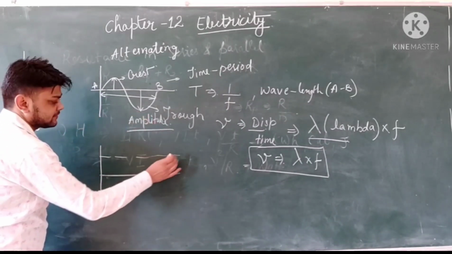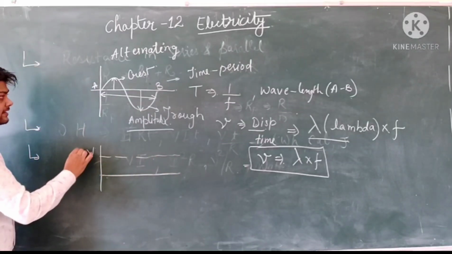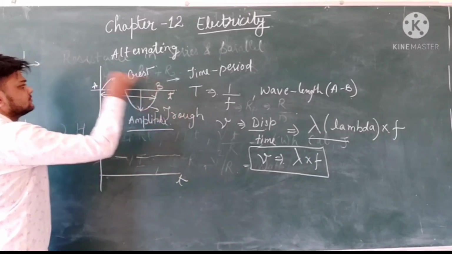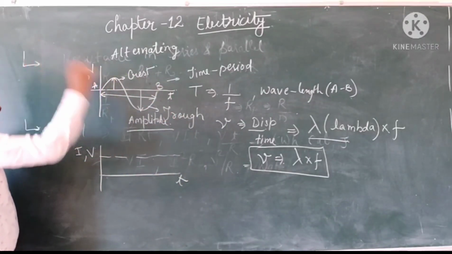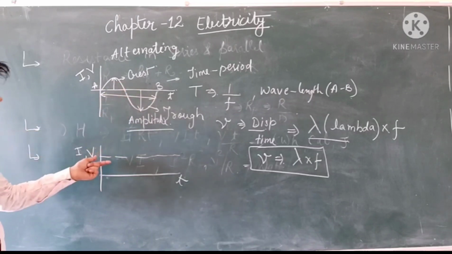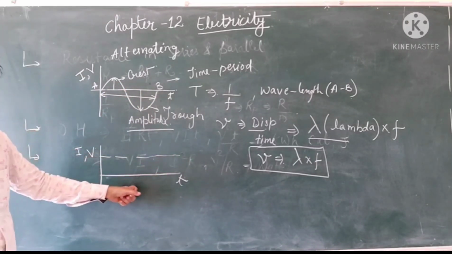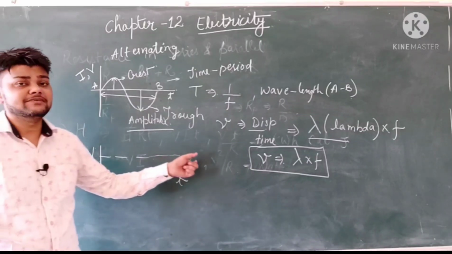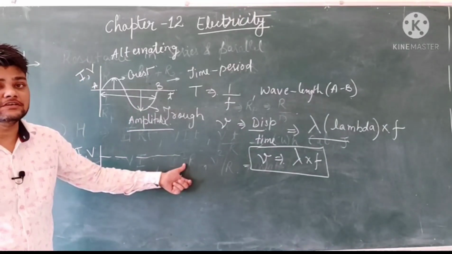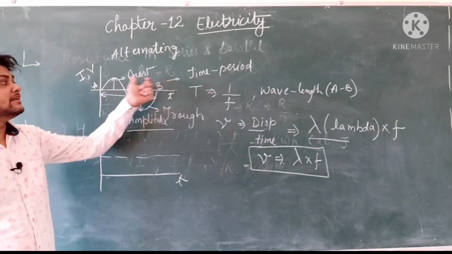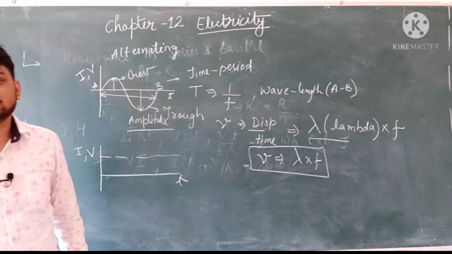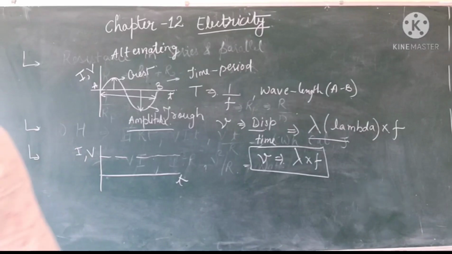a straight line where voltage or current is fixed with respect to time. In alternating current, the value changes. These are the peak values, these are the minimum values we have. Here only one constant value is there in direct current. That means its value is never going to change. Its value will never become 0 as well. Whereas in alternating current, its value can come to 0, can become negative, and again come to 0 following a cycle.